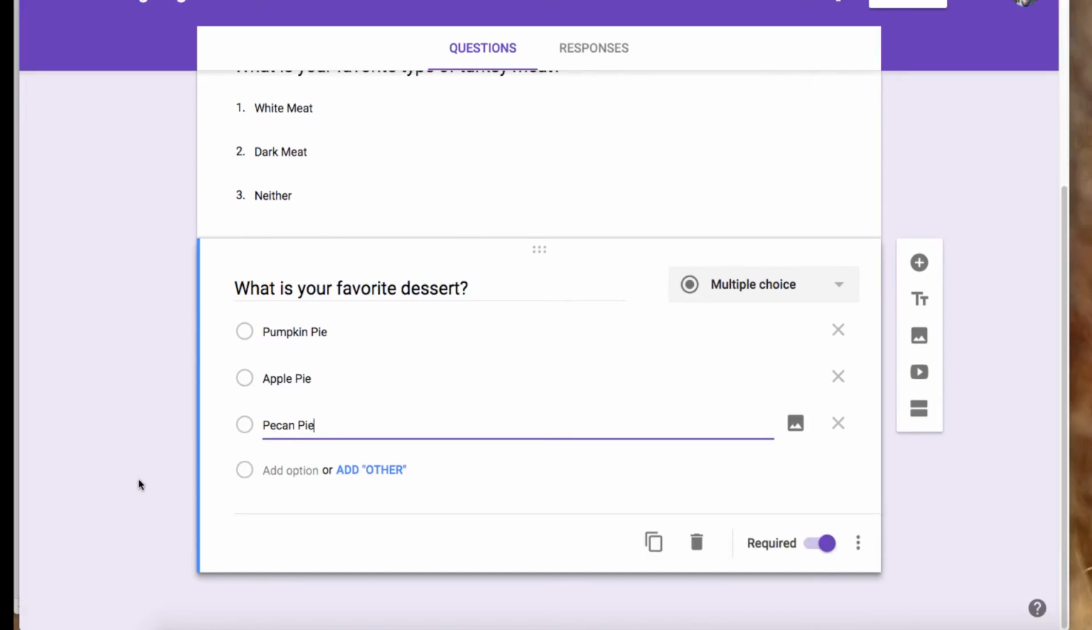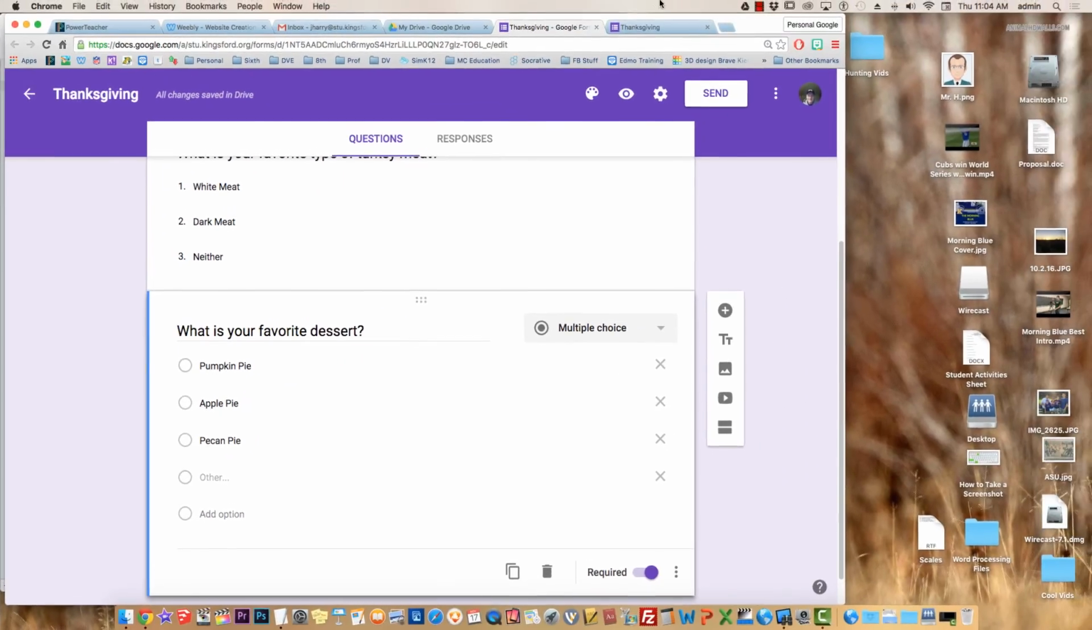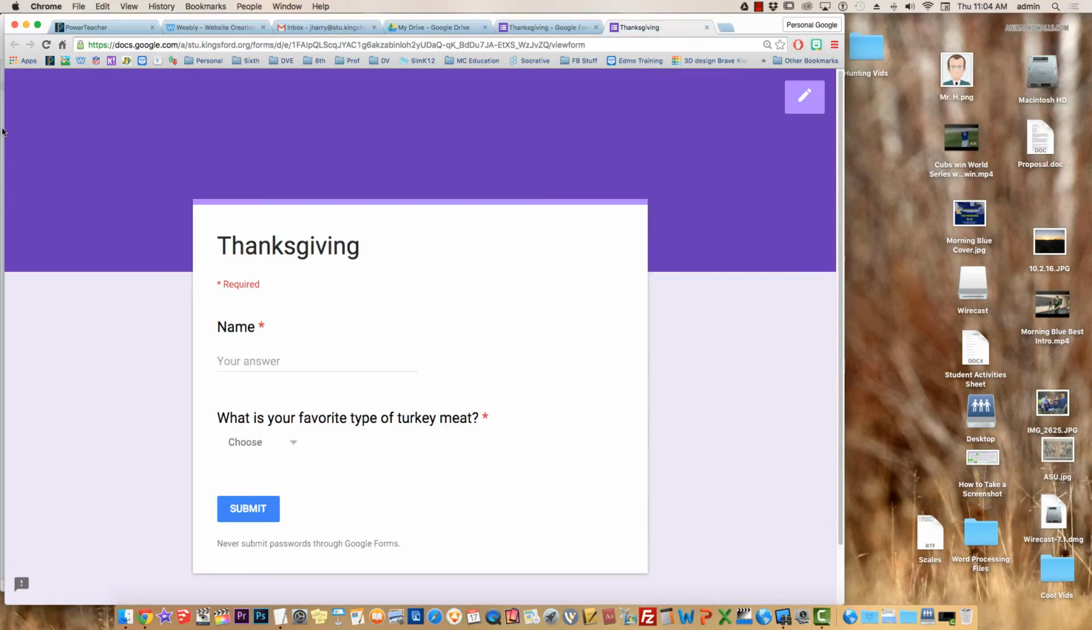Okay, now I'll give you the option here. When you're typing these in, you can type more than 3 if you want. You can substitute a different dessert if you would prefer. But what I would like you to do is when you're finished with your desserts, okay, I want you to click Add Other. Okay, now what this does is it gives them a choice to type in their favorite if it's not listed. All right, so if I go back to the tab up at the top here and refresh